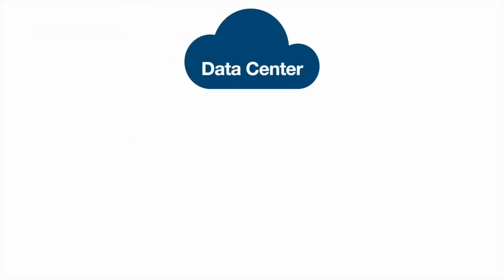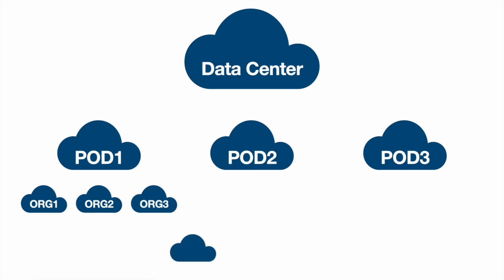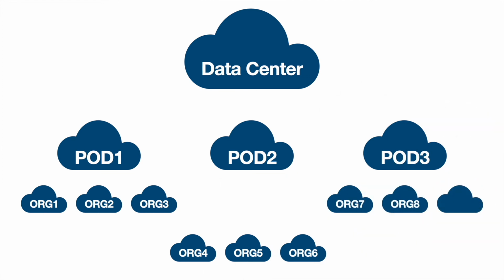Now, let's look at the example in a schematic or a diagrammatic representation. Now, let's say there's a data center available in North America that's remotely hosted and managed by Salesforce, and they have multiple pods. Now, there are pod 1, pod 2, and pod 3. Now, each pod or each instance can host multiple orgs. That's org 1, org 2, org 3 for pod 1, 4, 5, 6 for pod 2, and 7, 8, 9 for pod 3. Now, each of these orgs will have a unique org ID, which will be their unique identifier, and these will be stored in instances, and both the instance information and the org ID information can be found on the company information section that we saw.